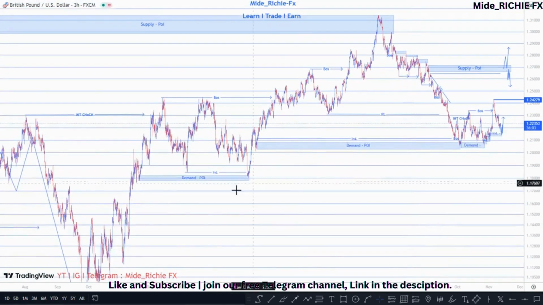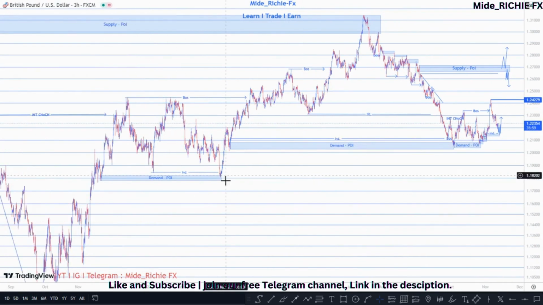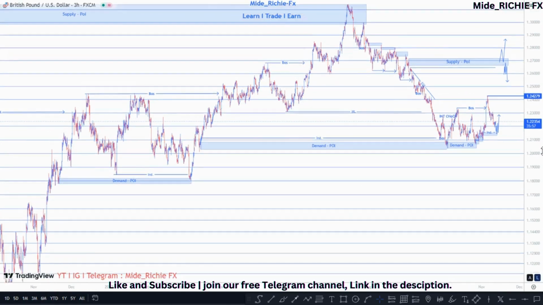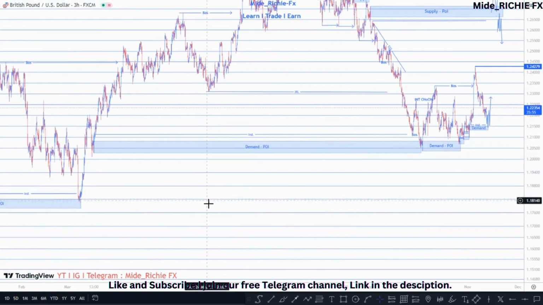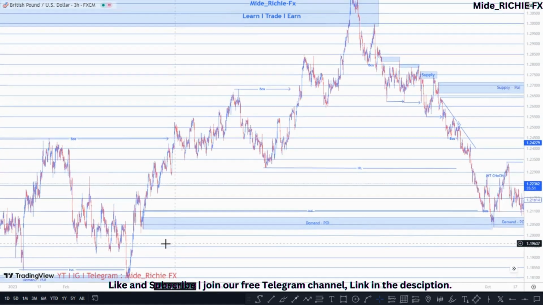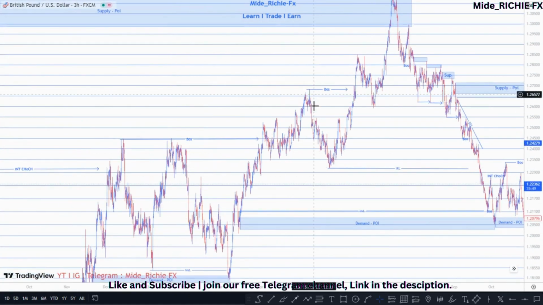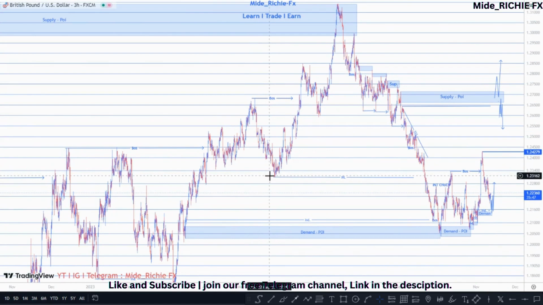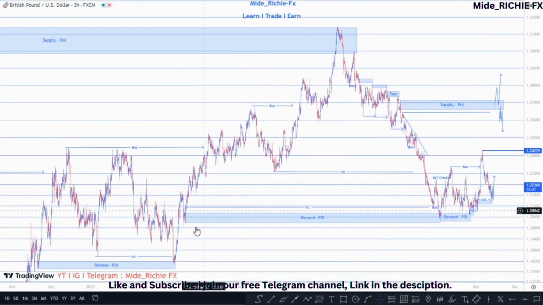As you can see, the overall structure right here is very much bullish, right? If the overall structure is very much bullish, the market actually mitigated the demand zone right here after taking out this inducement. Nice. So after that, the market created an upper high right here, giving us a very little retracement. I don't know if this is a retracement or just an internal liquidity. What I mean by that is basically, this retracement is not,